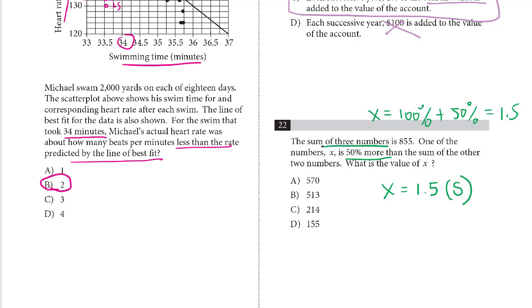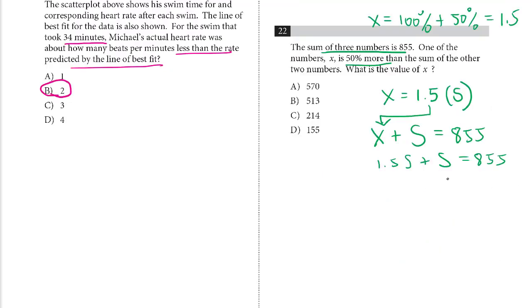Well, we know the sum of the 3 numbers is 855. x plus s equals 855. Now, I'm going to substitute in 1.5s for x over here, and I'll get 1.5s plus s, which is 1s, equals 855. That means 2.5s equals 855. s equals